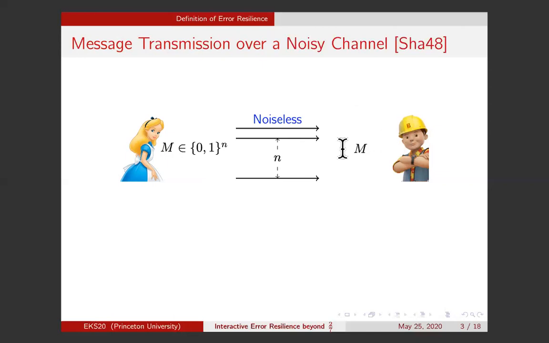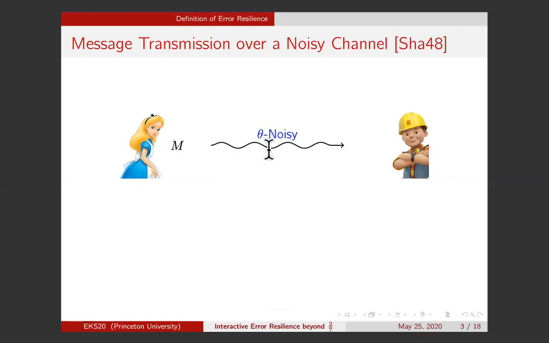What changes if now we assume that the channel between Alice and Bob is noisy? In particular, we assume that the noise on the channel is determined by a parameter theta, which is such that a theta fraction of the messages Alice sends over this channel are adversarially corrupted. So if Alice sends a total of n messages on this channel, like before, then an adversarially chosen theta fraction, or theta n messages, will be corrupted by the channel, but the remaining n minus theta n messages will reach Bob directly. Now, because of these interruptions, Alice cannot simply send the message M bit by bit.